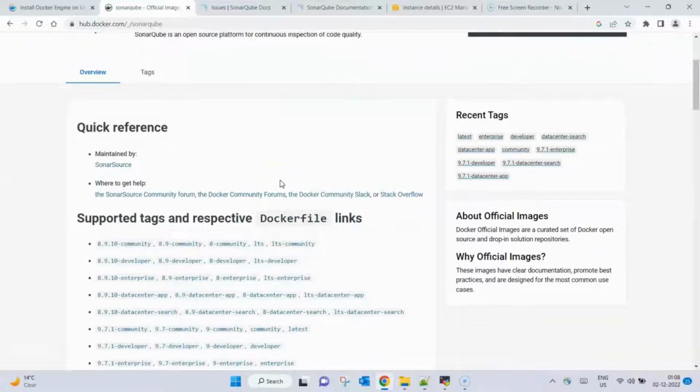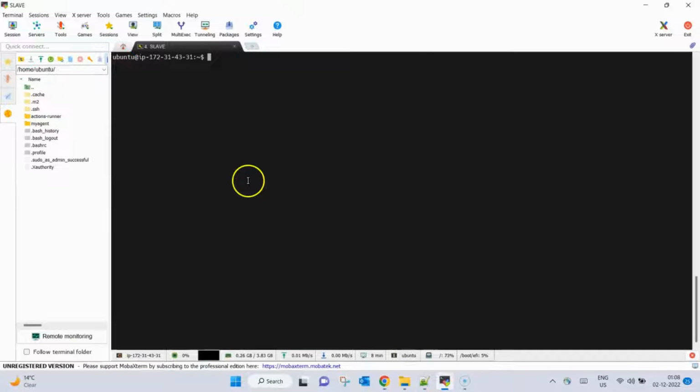Now my suggestion is always that we should go for the LTS version. So I will install this specific version using a Docker command. No worries if you don't know the Docker command; in future we will be covering Docker tutorials as well. As of now, I will just write the command and explain what it does. So we will open our Ubuntu machine and write the command as